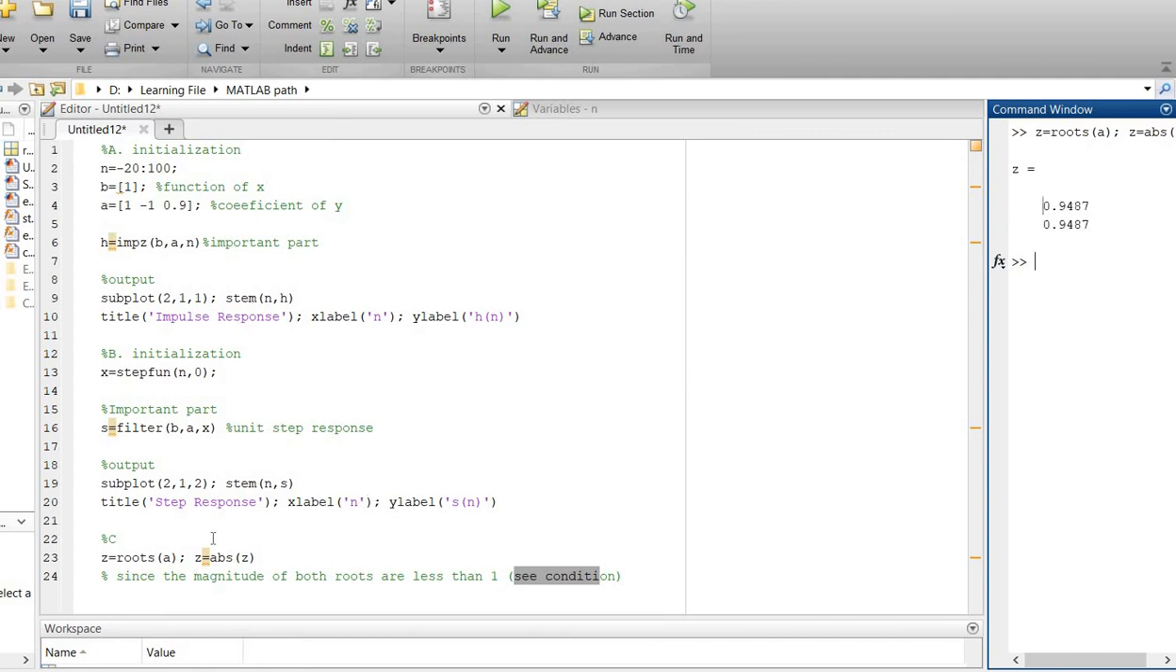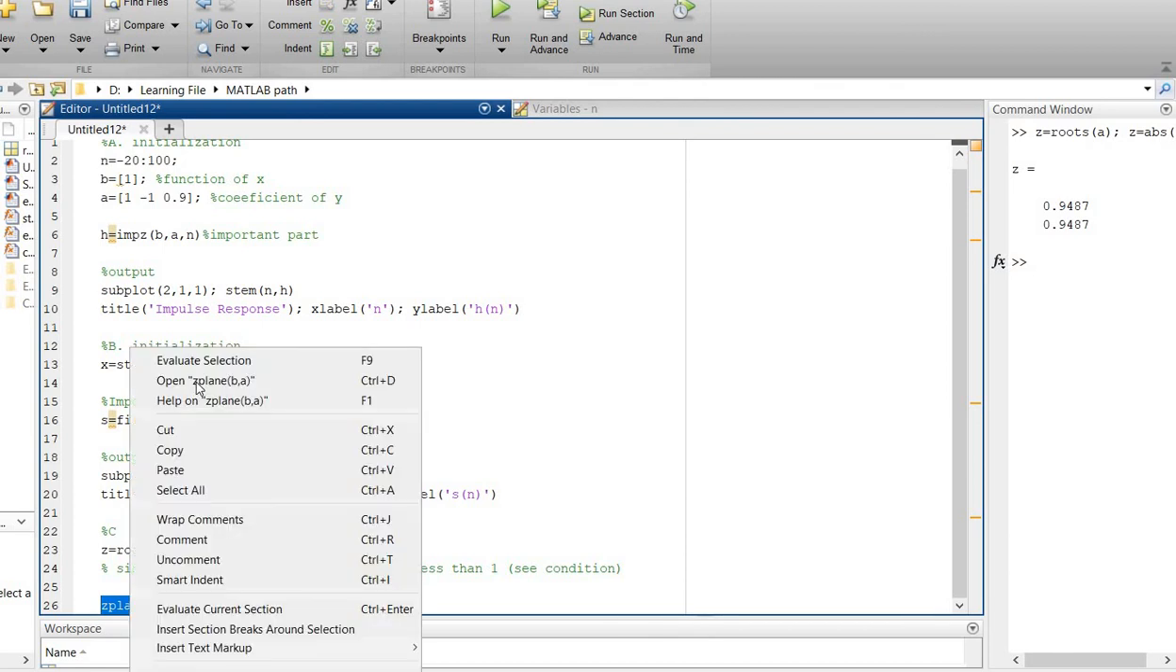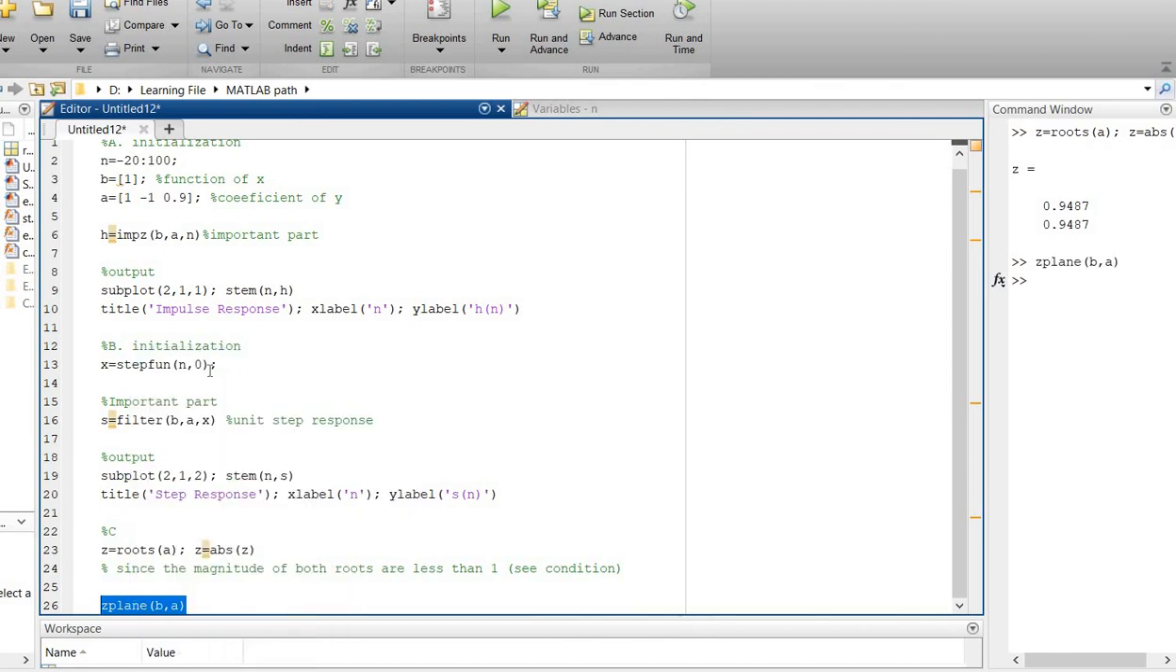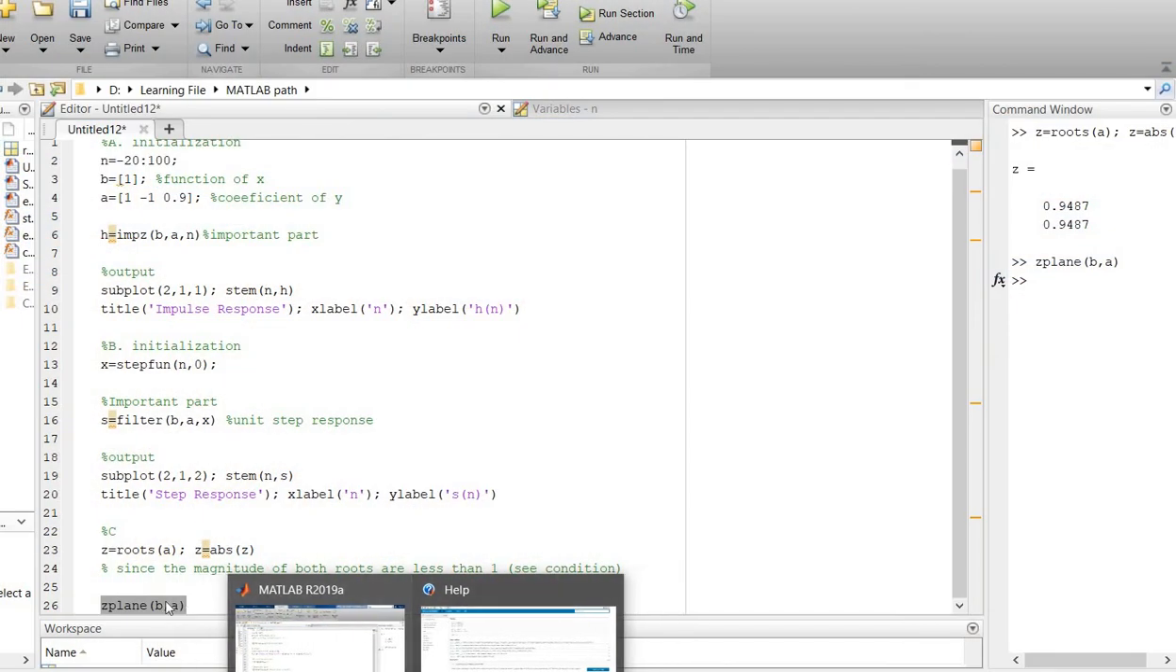But again, I've said before that there are two methods to approach this one. The second method would be using a visual inspection, and we're going to use the z-plane. I already have a video with regards to the z-plane, so you could also check it out. You will have more understanding with regards to this one. So what is the result of this? The result of the z-plane would be